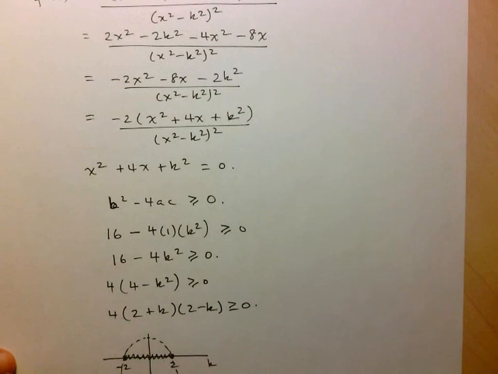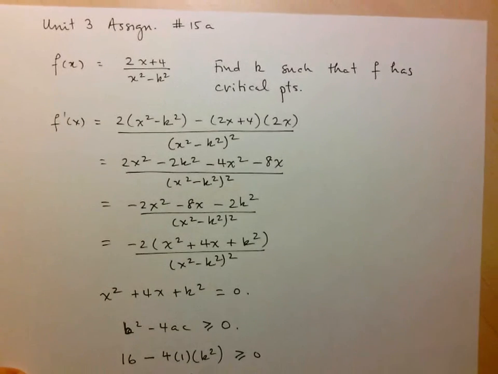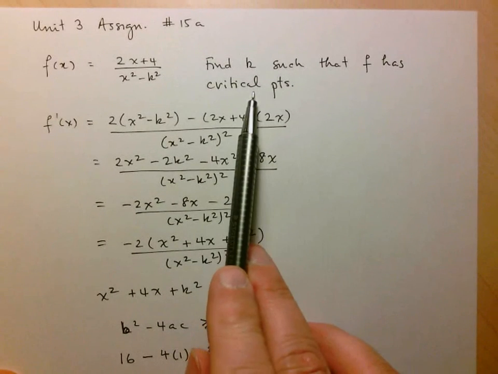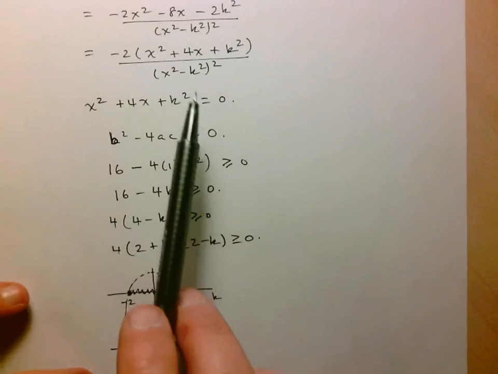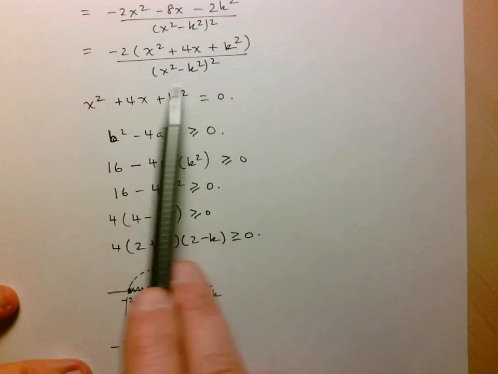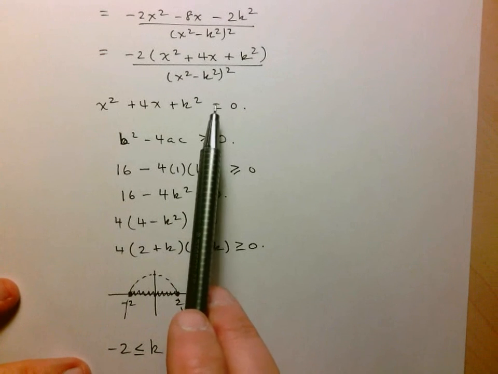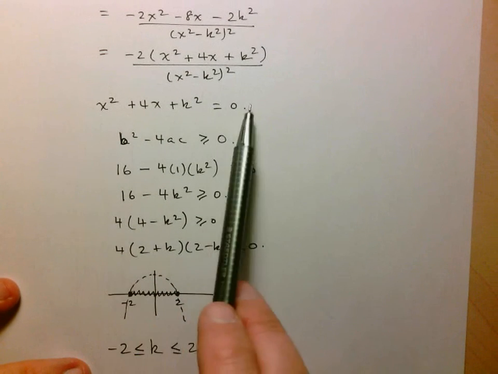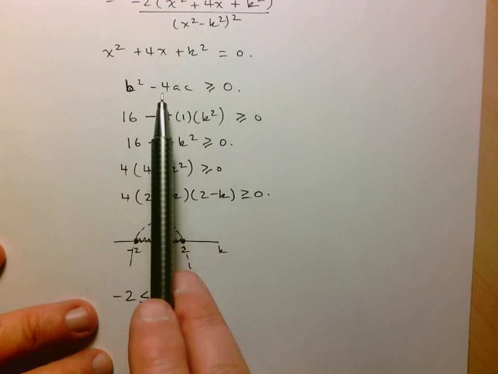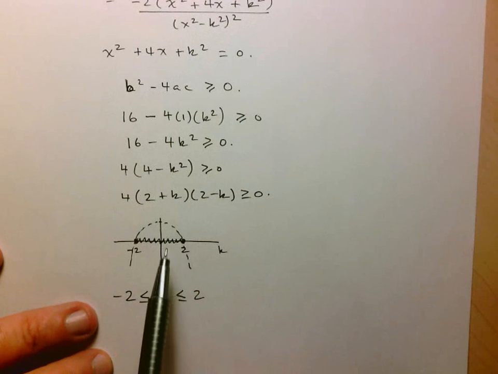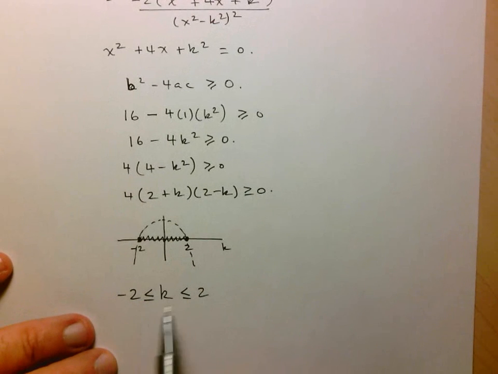So again, just to recap, since you're trying to look for critical points, work with the derivative. Once you realize the condition needed in order to make the derivative equal to 0 is that this equation has to have a solution, and given that it's a quadratic equation, I worked with the discriminant to determine what conditions are needed for the discriminant to be greater than